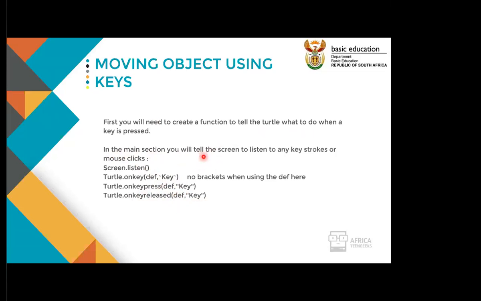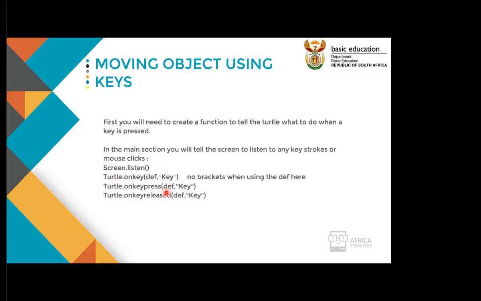So in the main section, we'll tell the screen to listen to the keystrokes or a mouse click. Before I can actually use the onkeypress or onkeyrelease functions, I have to first tell the computer, listen to the screen. If the screen is getting any input by the keyboard,